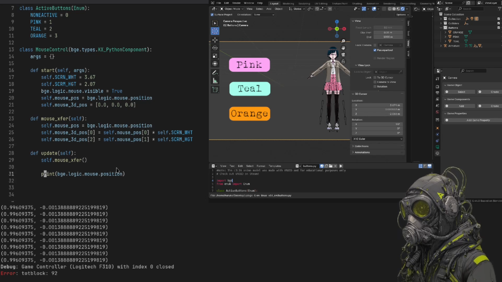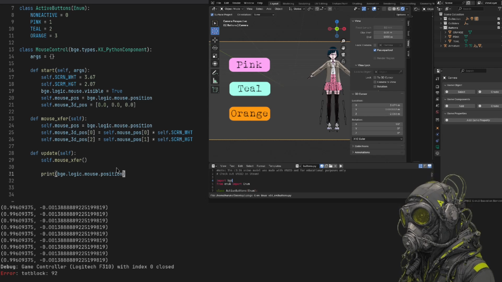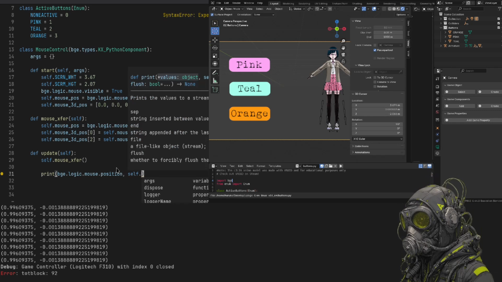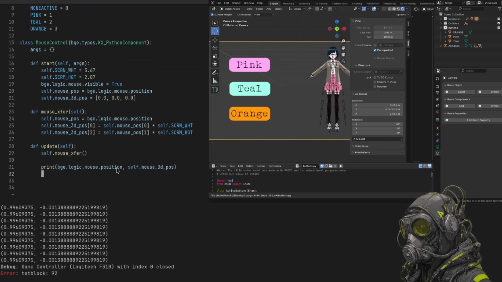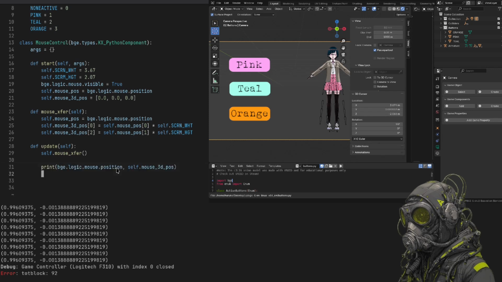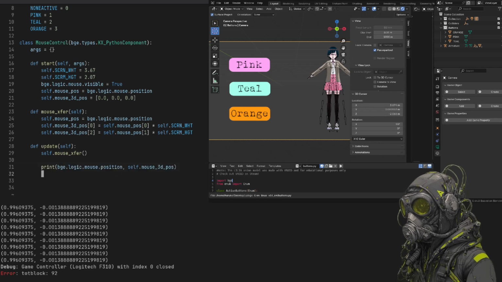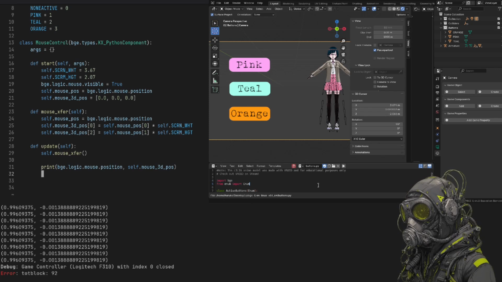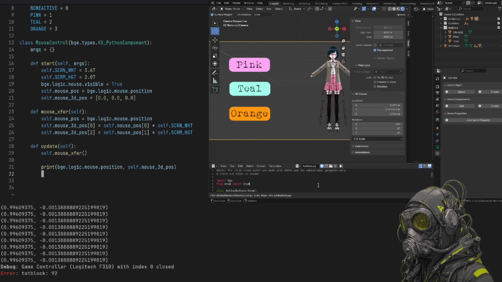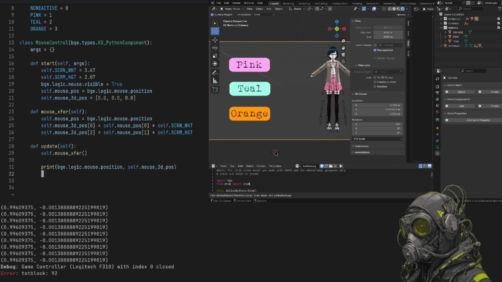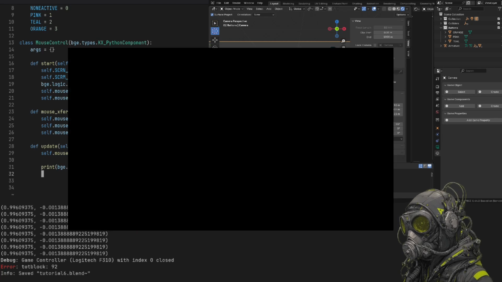And then we can print our mouse 3D position variable. Then when we run the game,